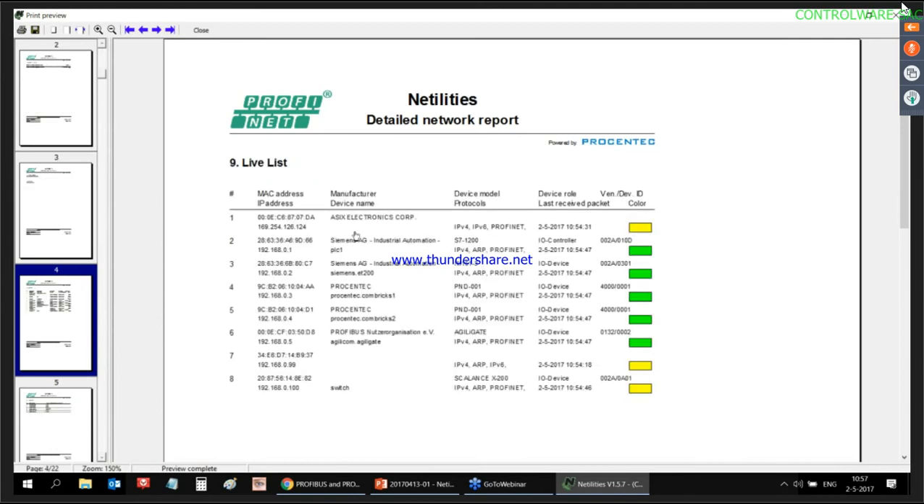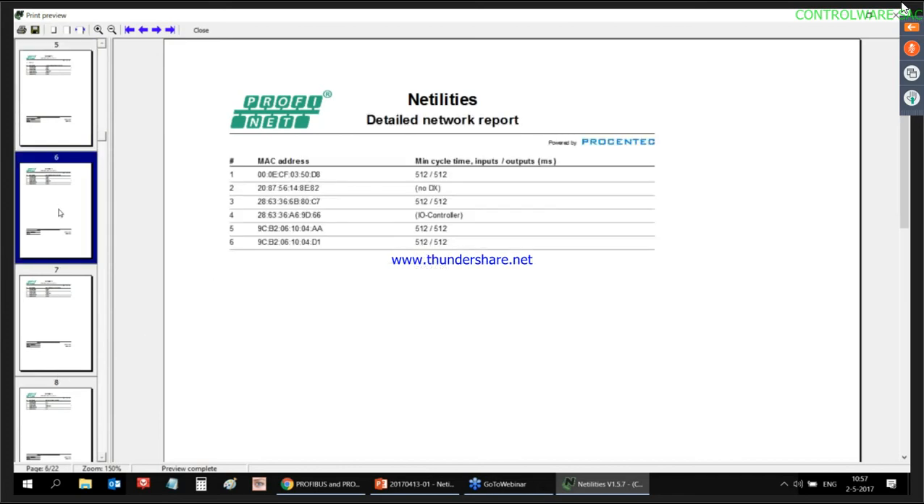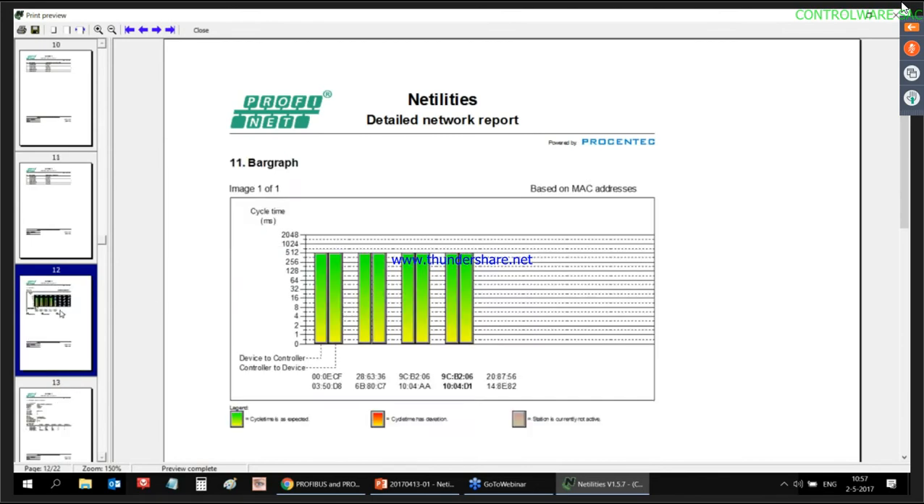Then there's a live list, so you can see all the devices in your network with also the color coding of the live list. There's the MAC address list with the current cycle times, the min-max cycle time, alarms. Here you can see that there's 4 alarms for this device. The data size, relative traffic, and here I see the bar graph, which I had reset just before we went